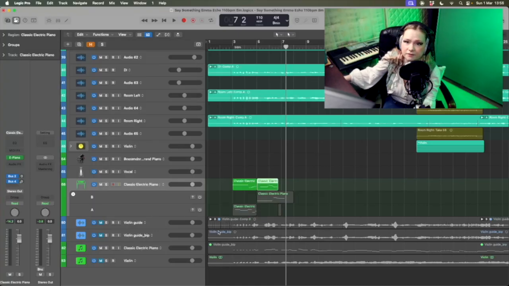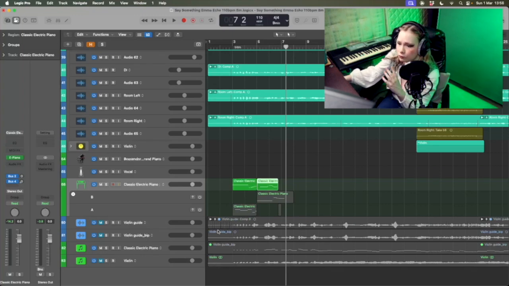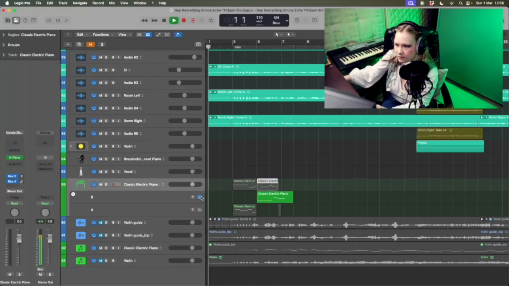So you can see that is very similar to Pro Tools playlisting. If you were comping with playlists in Pro Tools, if you know how that works, you'll really recognize that that looks very similar to that. With the only exception being, I would say that whilst you can solo and listen to these in the